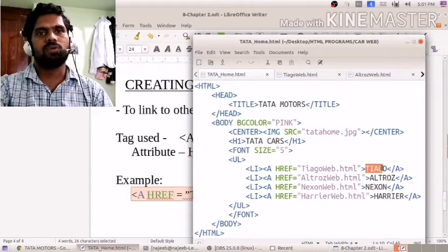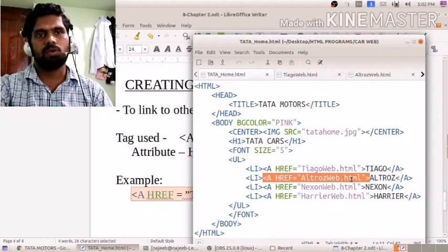What is this Tiago? This is a hyperlink. This is also a list item in the unordered list. As with the second list item, Altros, it's a link, so it should be given under a href Altros web.html.